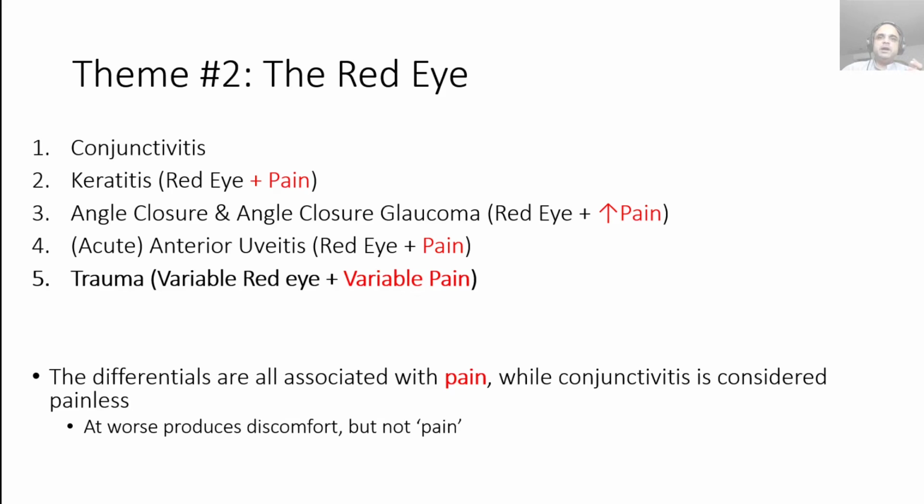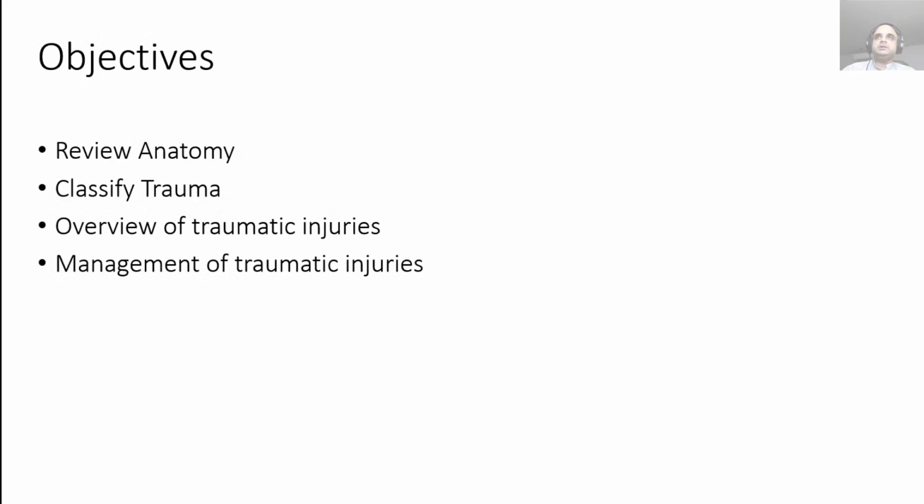So most of the time you do have a red eye, but that red eye is of variable intensity, and the pain obviously will be of various intensity as well, depending upon the severity of trauma and the location of trauma as well. So we'll talk about these things today. We will talk about the relevant anatomy. We will classify trauma in a way that is the easiest for graduate students or undergraduate students. We will have a very bird's eye overview of traumatic injuries, and we will talk about their management as well,